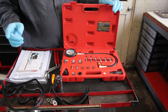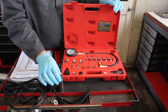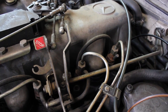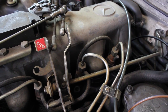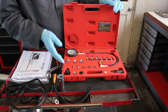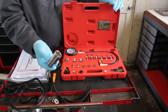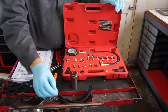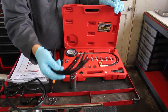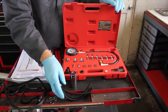I prefer to do the compression test through the injector holes, so this will require that you remove the injectors. That also gives you an opportunity to inspect the condition of each one of the fuel injectors that you take out of the cylinder head. So along with the compression tester, we also include a proper injector socket, along with heat shield washers for the injectors, and a complete set of the flexible return hose, which you'll have to replace once you reinstall your fuel